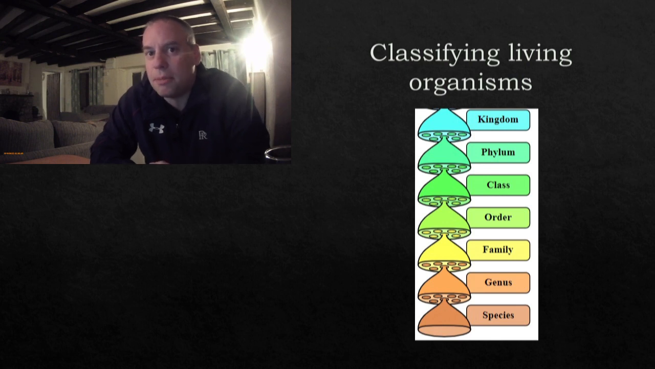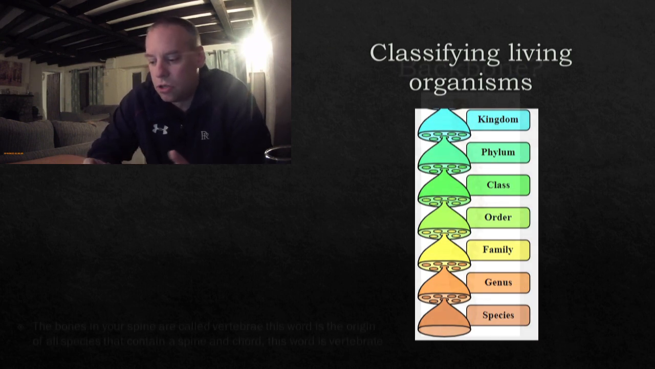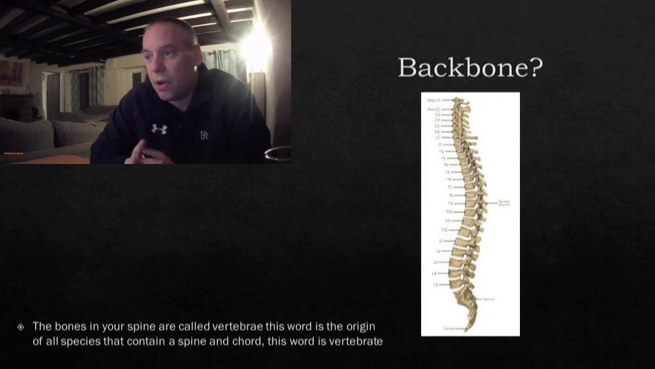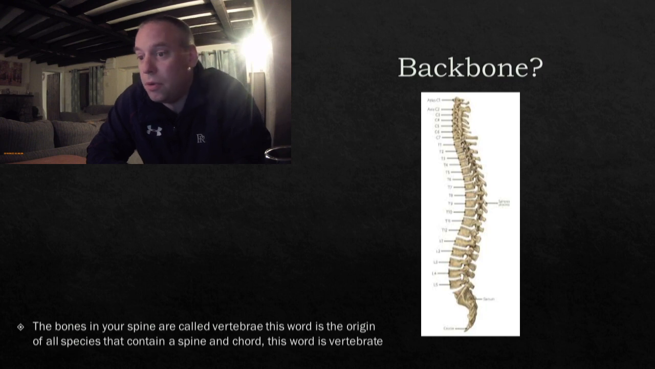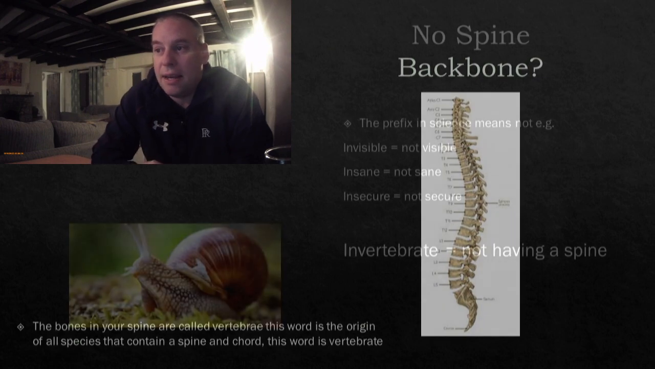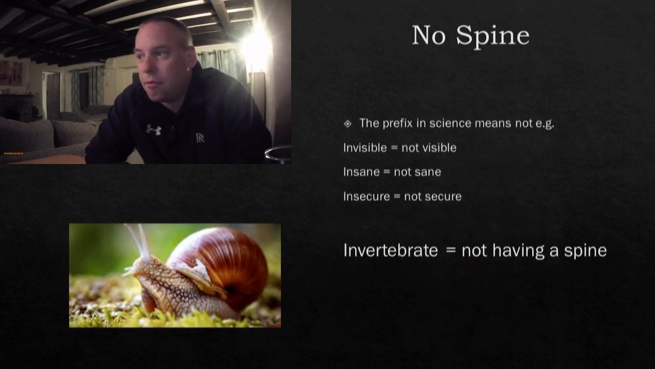So how do I split animals into 2 groups? The answer to that question is we use this. We use the backbone. We use a spine. Now, the little bones inside the spine are called vertebrae. And this word for those bones gives rise to the name that we use for the 2 separate subphyla that we use. And that word is either vertebrate, or if I put a prefix of in in front of it, it would be